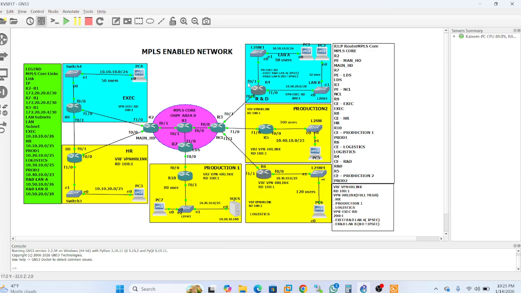Hello, this is the practical demonstration of a GNS3 MPLS enabled network lab. In this lab, we have a properly deployed MPLS core network,